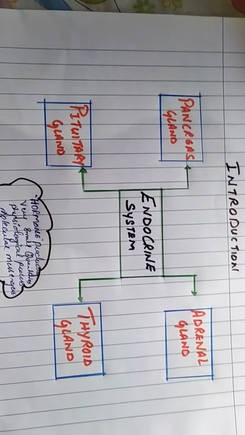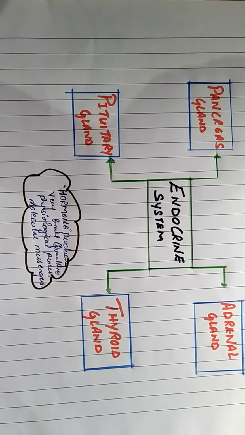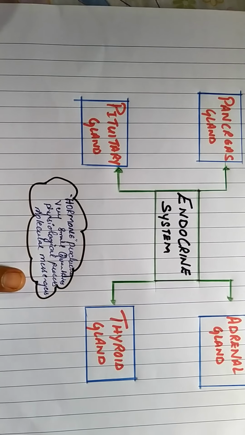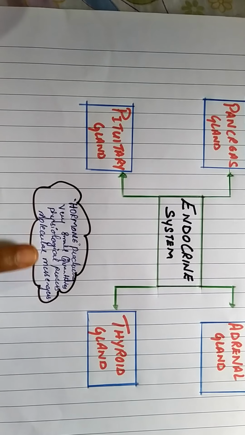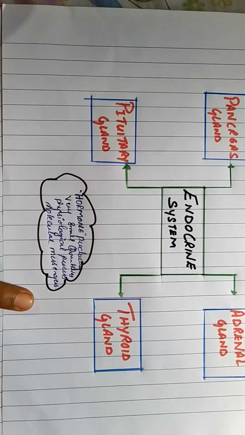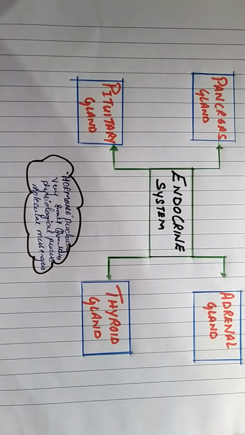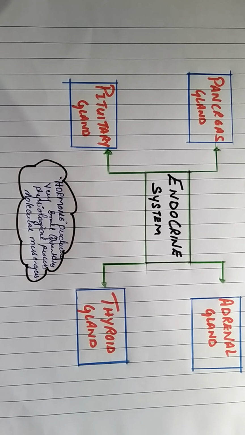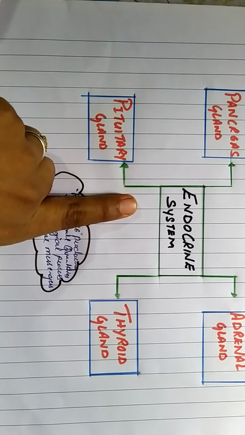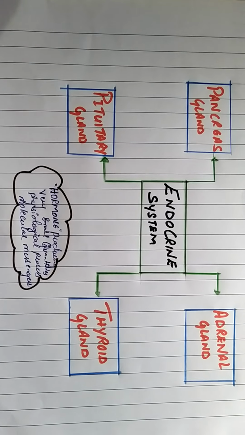The hormones are very important for our body. Though they are produced in very small quantities, they play a significant role in physiological processes, hence they are called molecular messengers. They pass the message from one part of the body to the other for the normal functioning of the body. So this organ and hormone secretion system, that is the endocrine system, needs to be controlled. This can be understood by the feedback mechanism.